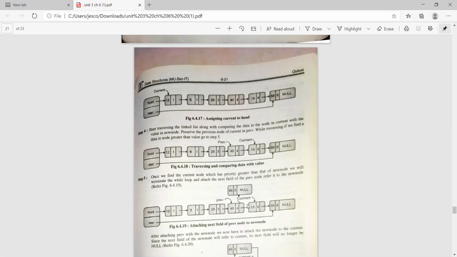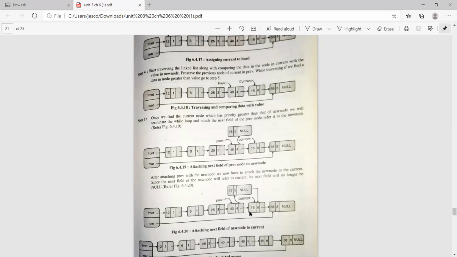After 40, the 45 value will be added. For addition, we have to store this node in the previous node, and add the new node in between these two nodes.